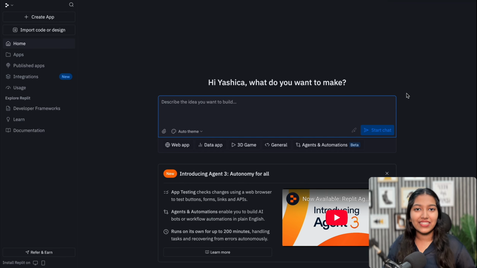So the idea here is going to be to create a landing page for a solar company. So basically, their customers will be able to enter their details, for example, their monthly bill, where they live, etc. And based on that, AI is going to generate a personalized report for them, which is going to tell them how much they will save if they install a solar panel. And the customers will get this personalized report directly inside their inbox. And the benefit to the business owner is going to be that he or she receives a new lead. Basically, the name of the person and the email of the person who is already interested in installing a solar panel. So, win-win situation for both of them.